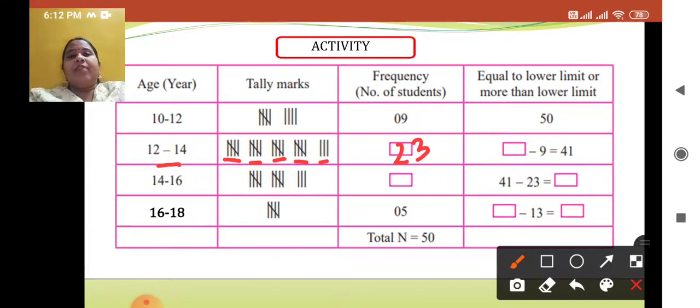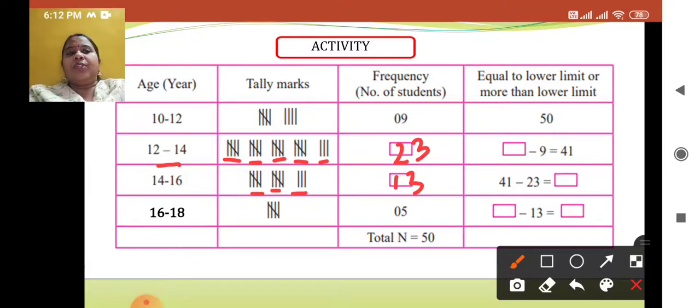Same way, what will be the frequency of the next class? It's 5, 5, 10 and 3 vertical lines, so 13. Correct? And the last one is solved for you, that it is 5. This way you can prepare the frequency column. Now when we come to the last column, what is done in the last column is